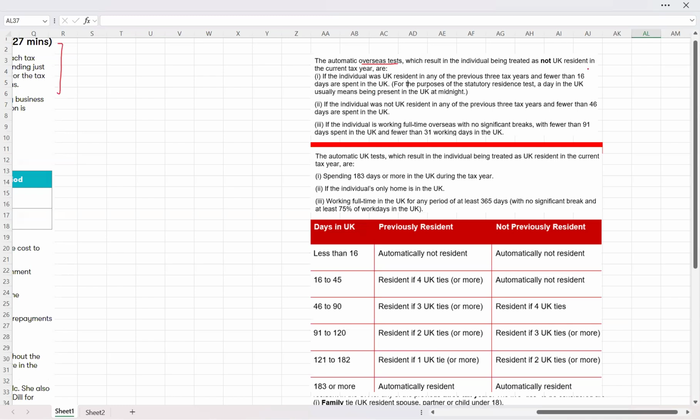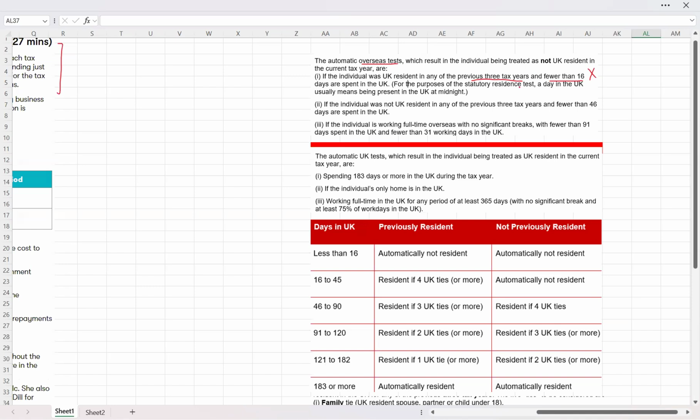So this first requirement does not apply because Dill was UK resident for the previous 3 tax years and spent about 60 days. If they want to be considered not resident in the UK, they have to spend fewer than 16 days. So this makes the overseas test